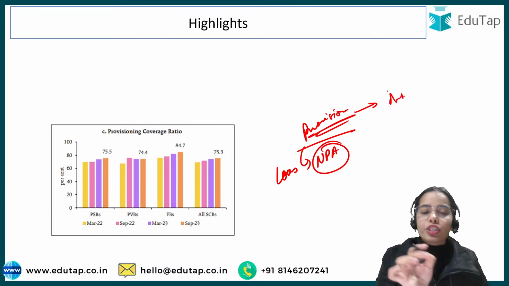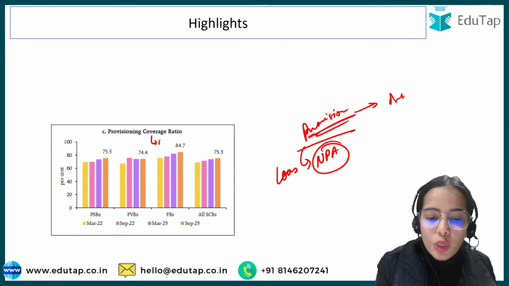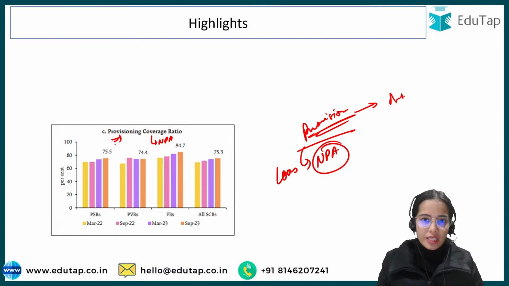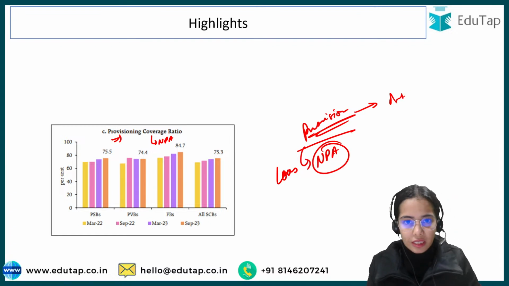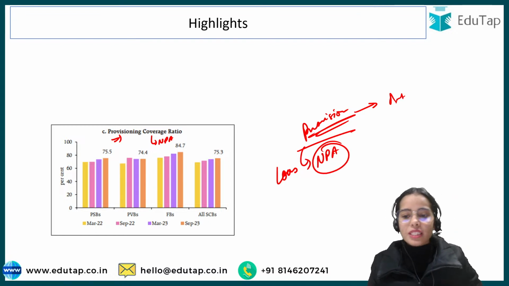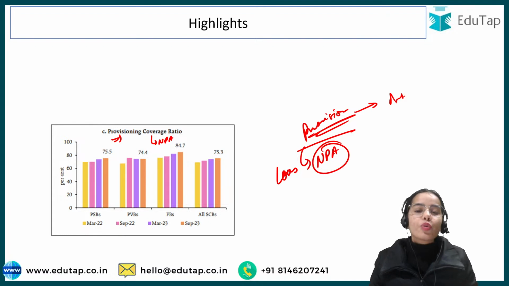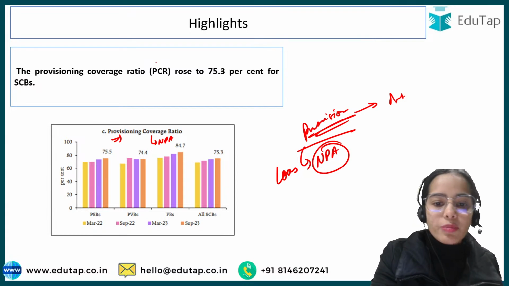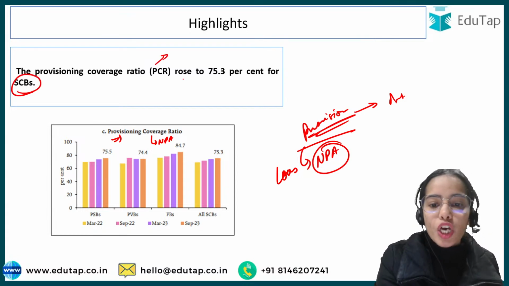That is the provisioning coverage ratio. To cover the non-performing assets, how much provisioning the banks are keeping with themselves. So the higher the provisioning is, the better it is, because the better provisions the bank has to handle the non-performing assets. So the provisioning coverage ratio that is being kept by the scheduled commercial banks rose to